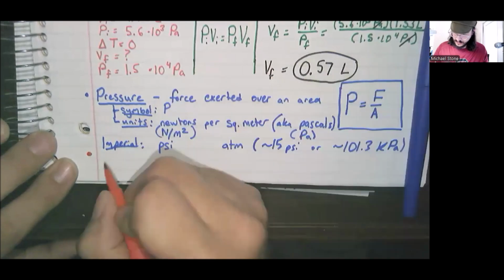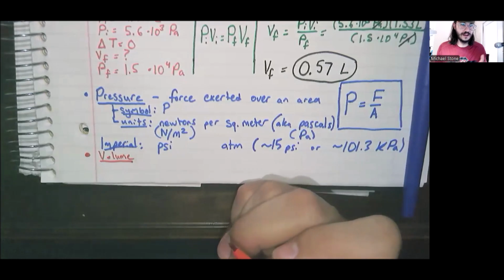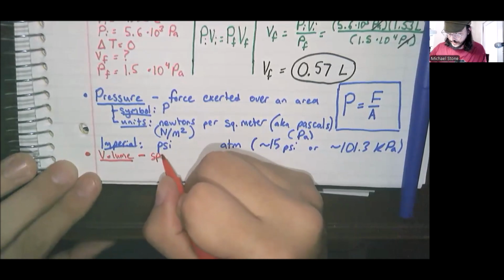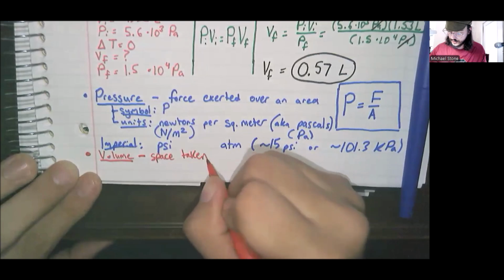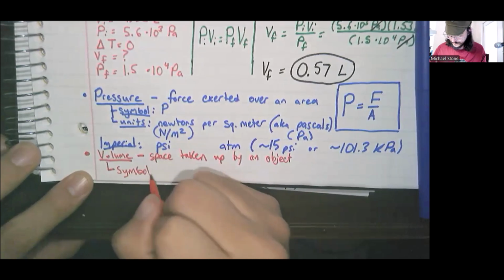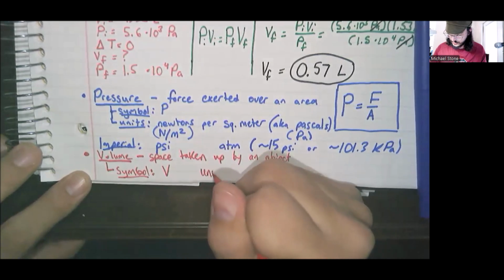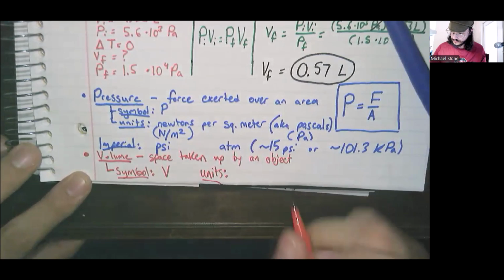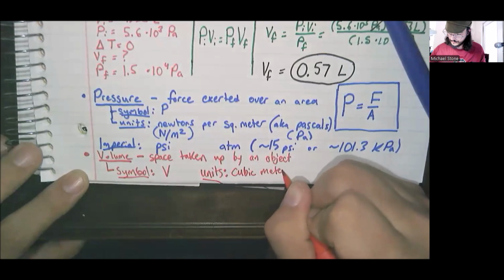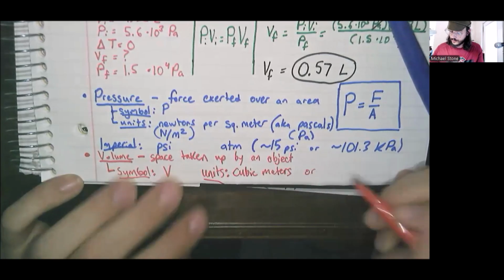And the other unit that appeared was a volume unit. Honestly, you better know volume by now, or I'm going to have to go and fight your math teachers one by one. But volume is the amount of space taken up by an object. The symbol is a capital V, and your units are going to be either cubic meters, if you were doing meters by meters by meters, or